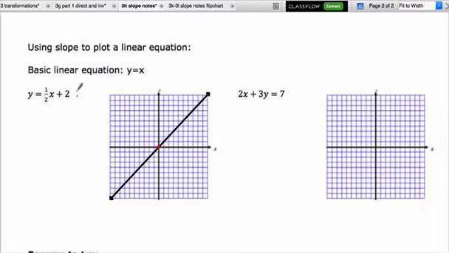Okay, so what does this do? Well, if you recall, when we were talking about finding patterns in our basic graphs, when we added a number to the outside, so it wasn't inside the equation, well, if I add a number to the outside, it moves it up. So in this case, this is also going to move this line up. So I'm going to then draw my new line right here. So this equation, actually, let me write this down. This equation here is y equals x. This new equation that I'm going to plot,